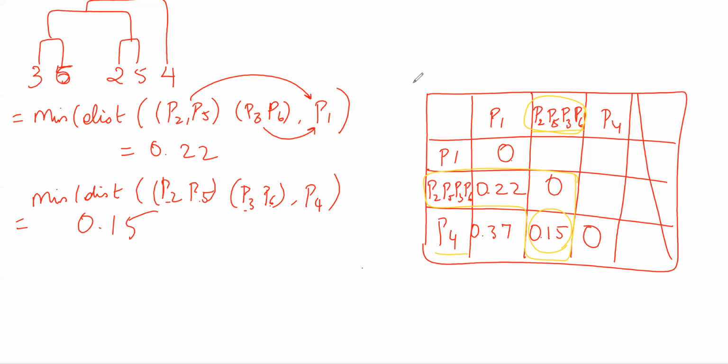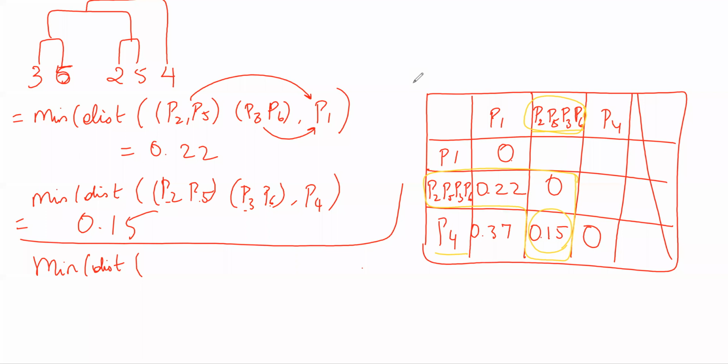Okay, so we observe that P4, I'm going to create one more. So 3 and 6, 2 and 5, and 4 is the one which is interrelated to this. So I have that as well written. So my final step over here, I already have 4. I'm going to check now if there is any minimum distance. So after this creation, I'm going to check if there is any minimum distance I have to calculate from